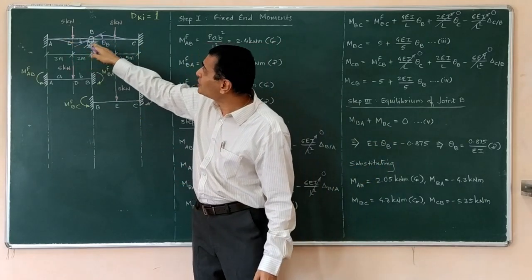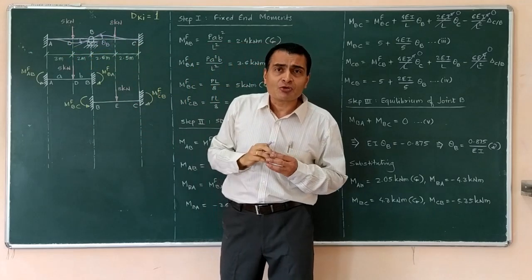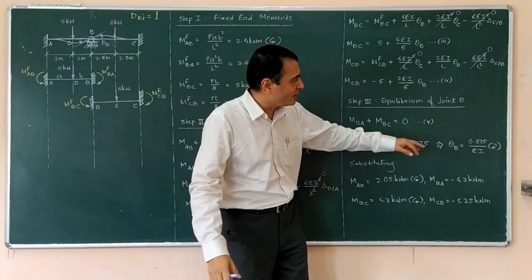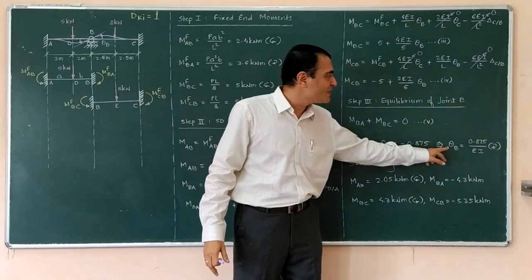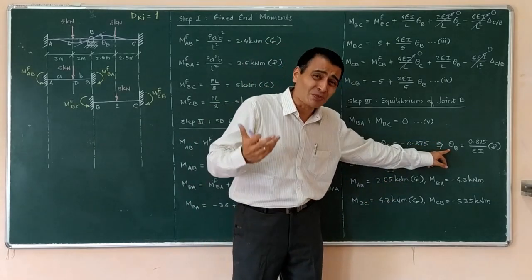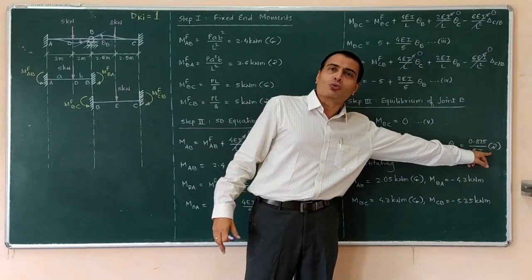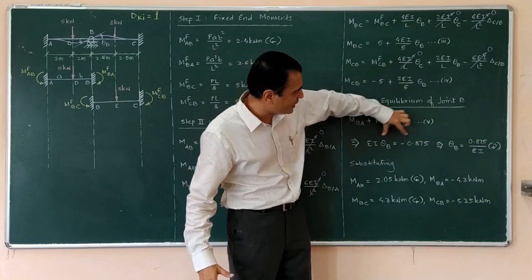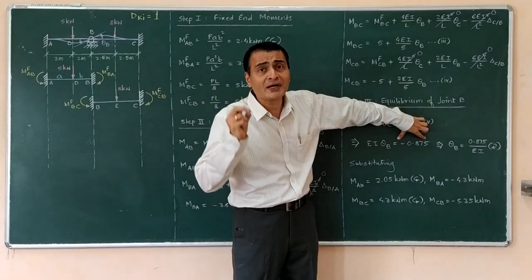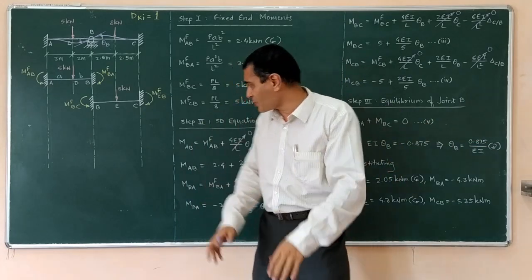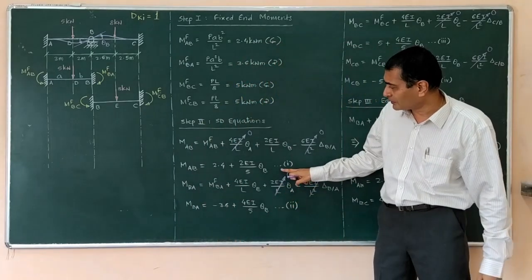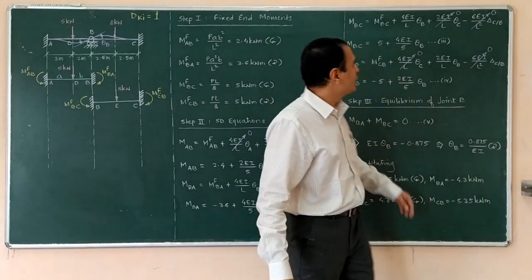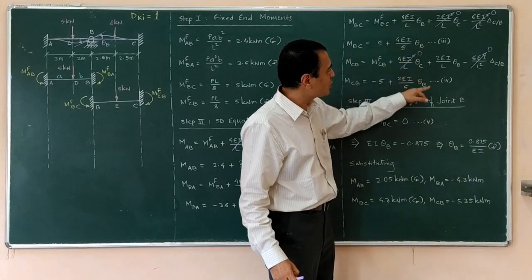So we had assumed theta B to be anticlockwise. We are substituting it as a positive quantity in our analysis, and now I get a negative answer. It simply means that it is not anticlockwise as believed earlier, but it is clockwise. Fine, no issues. And now this answer, EI theta B is equal to negative 0.875, if I substitute in equation 1,